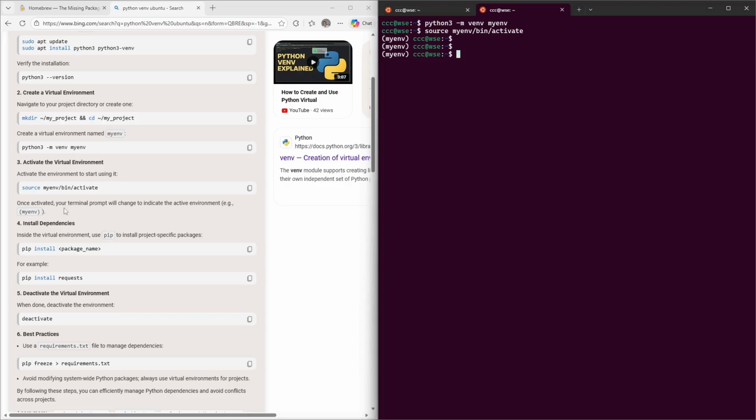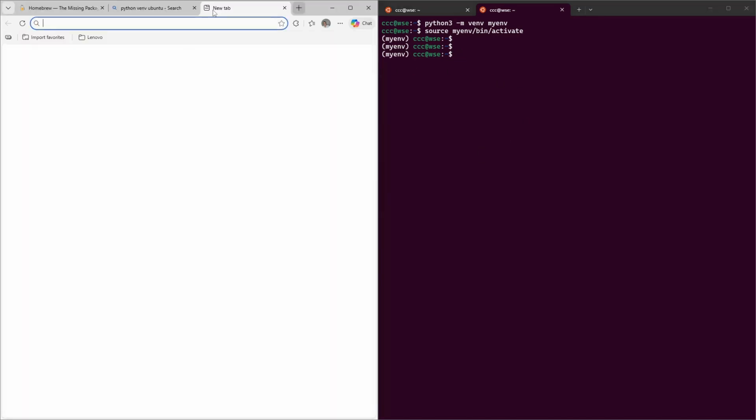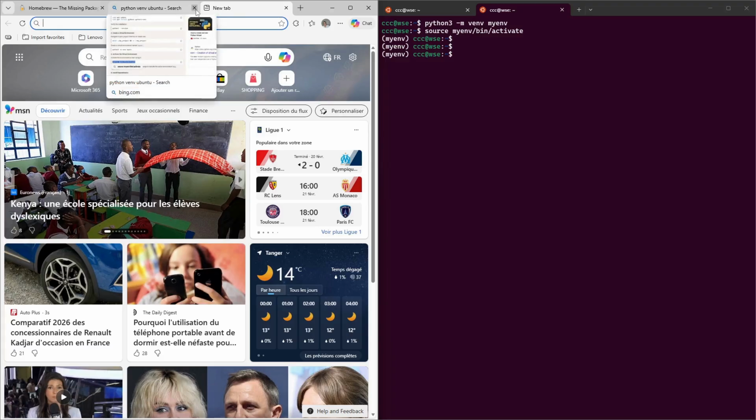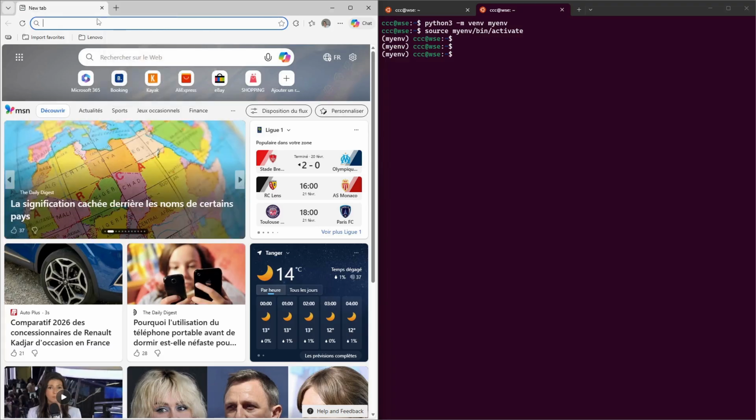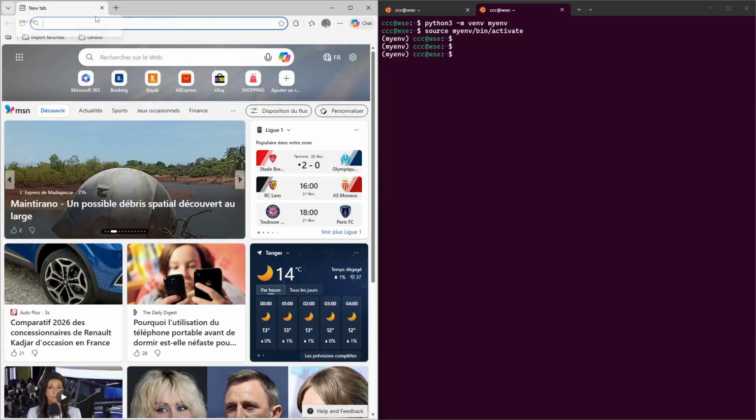Once activated, your terminal prompt will change to indicate the activated environment, my env. We don't need all those comments, just stop there. And if your terminal gives you this my env there, you succeeded in activating the Python environment. Now open a new search tab, close those two and search for